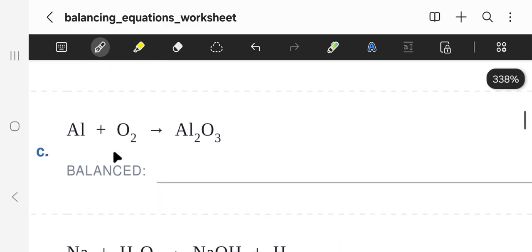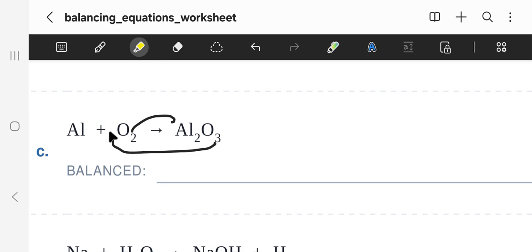Let's move on to this one, C. We have aluminum plus oxygen, and what you will realize here, guys, is that on the left I have 2 oxygens, but on the right I have 3. So for us to balance this equation, we are gonna crisscross. This 3 will come here and this 2 will come here. Okay, that means if we do that crisscross,